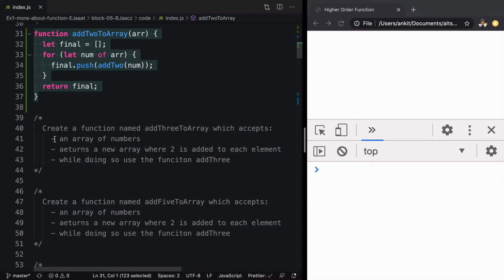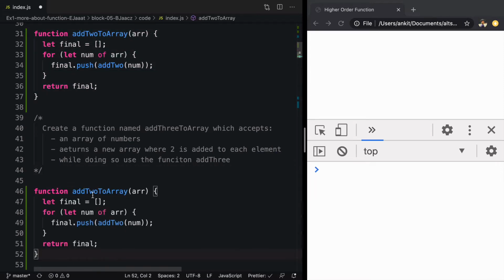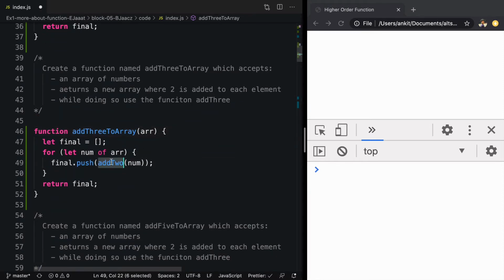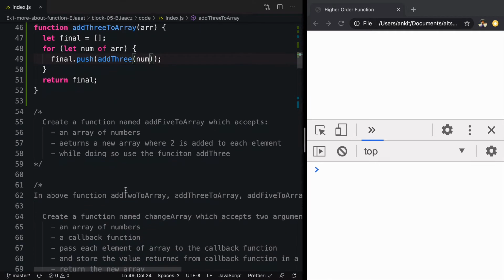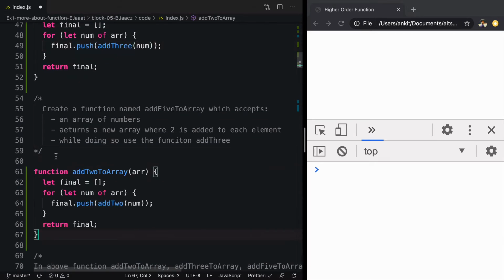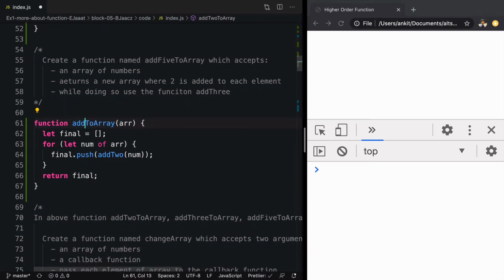Create a function add 3, so in that way we'll say add 3. Here we'll call the function add 3 and this will work properly. We have the same thing here, we have to say add 5 and we just need to do add 5.